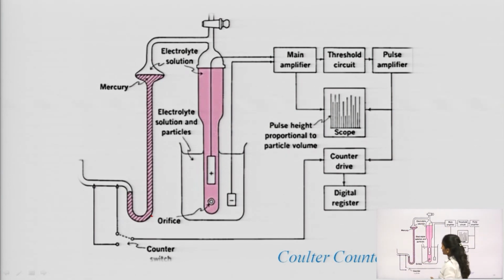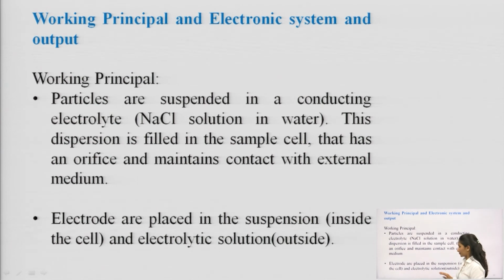So what will happen? How will you determine the particle volume by this Coulter counter method? There are different steps for this determination. First, what is the working principle of this Coulter counter? For the determination of the powder particle size or particle volume by the Coulter counter method, first the particles are suspended